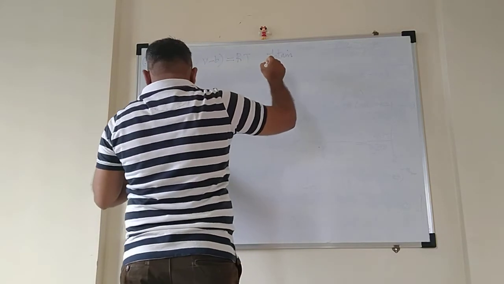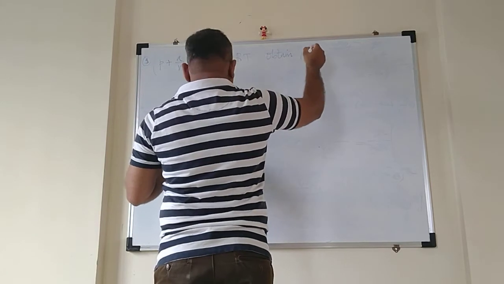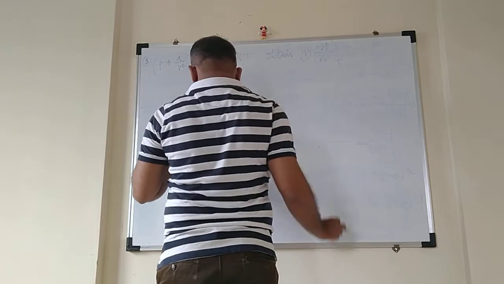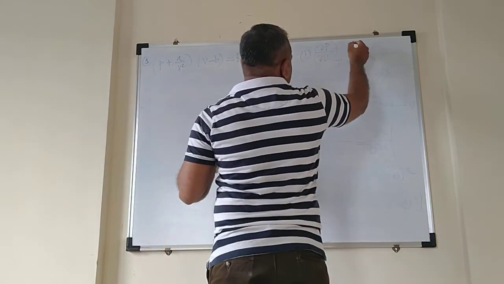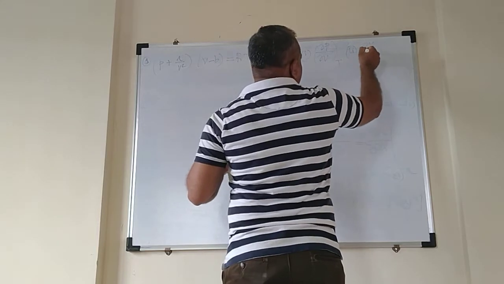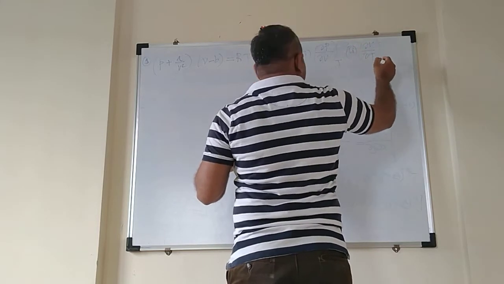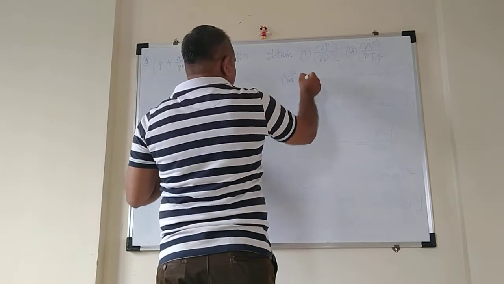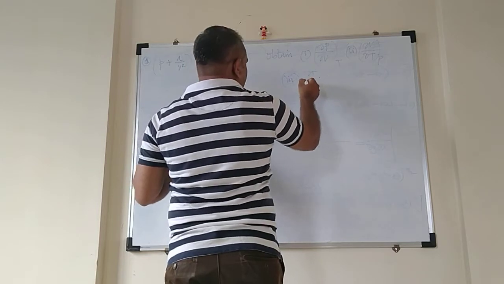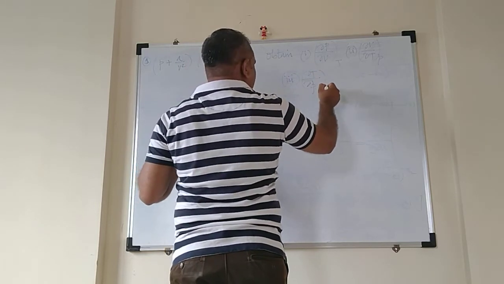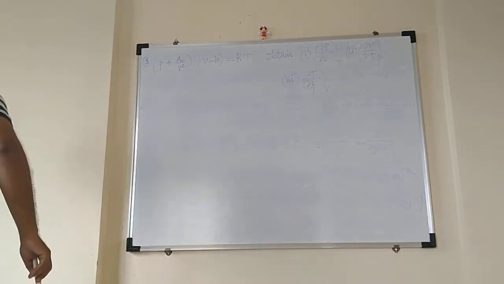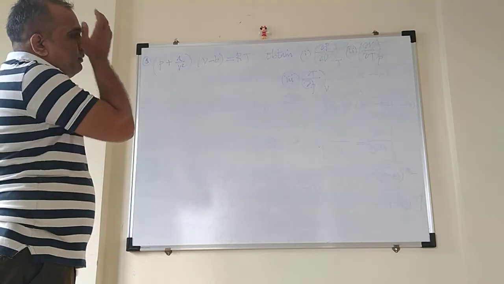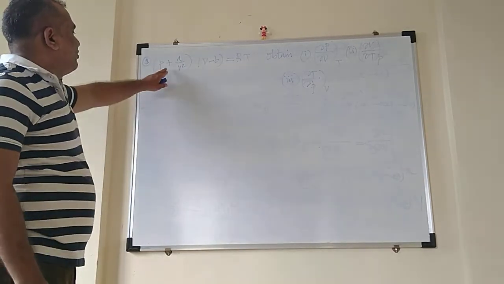the partial derivatives of, first, ∂P/∂V at constant T. Second is ∂V/∂T at constant P, and the third is ∂T/∂P at constant volume. So this is your problem, and let us obtain the partial derivatives of these three. Fine. So this is your Van der Waals equation.